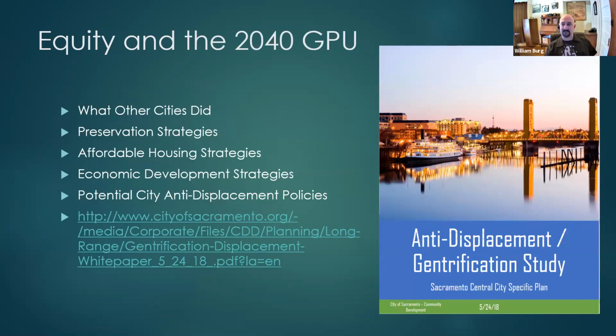Now, as far as equity goes, the city, as part of that 2018 Central City Specific Plan, also produced a work on gentrification and displacement. What can we do to stop gentrification and displacement? And they didn't take a whole lot out of it, but that document is still current. It's still around, and it might provide some good guidance to include in the 2040 plan update. How can we make buildings more affordable, not just through streamlining of construction, which we have done, but through other policies that protect renters and protect housing and protect buildings, as well as protecting people from displacement.